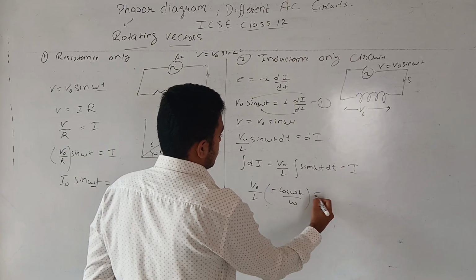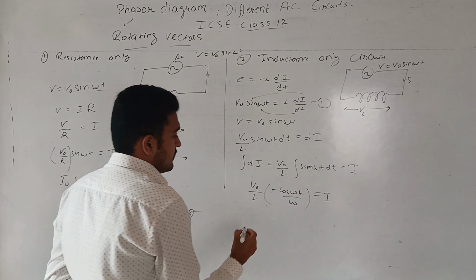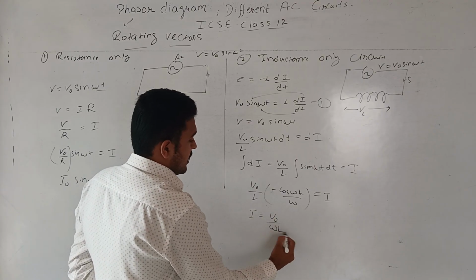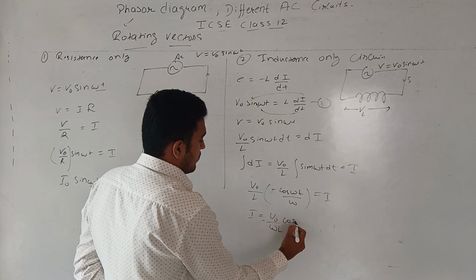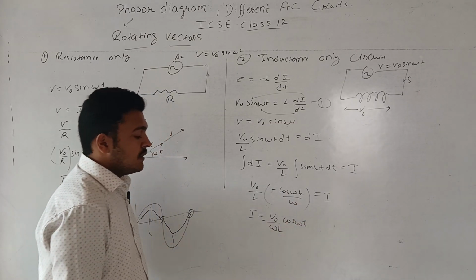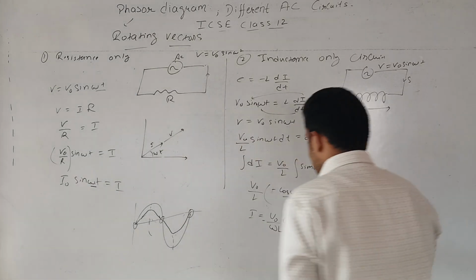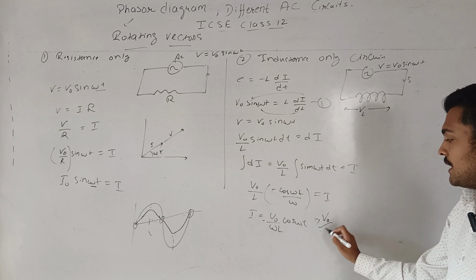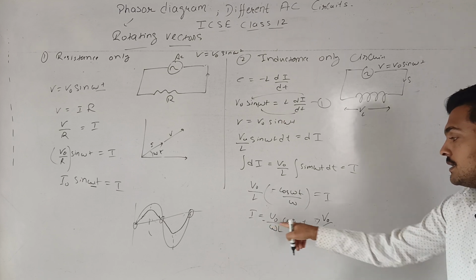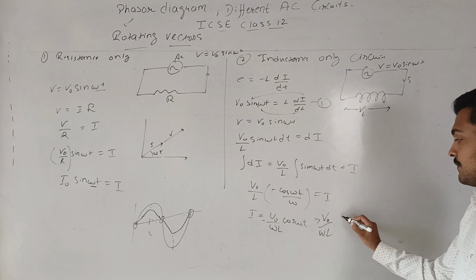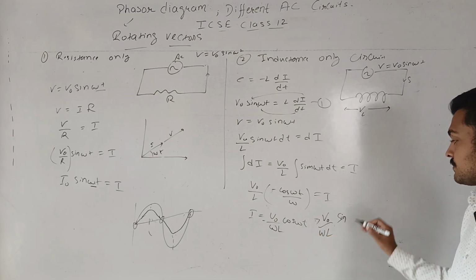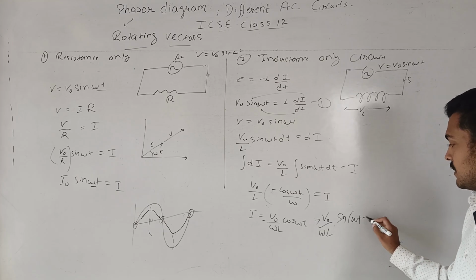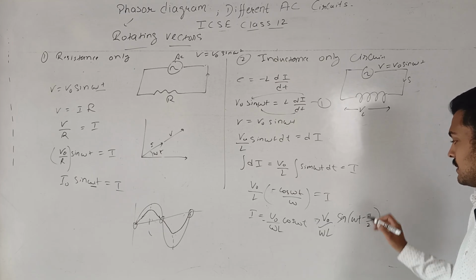So here we get I is equal to V naught by omega L into minus cos omega t. This expression can be written as V naught by omega L, and minus cos omega t can be written as sin